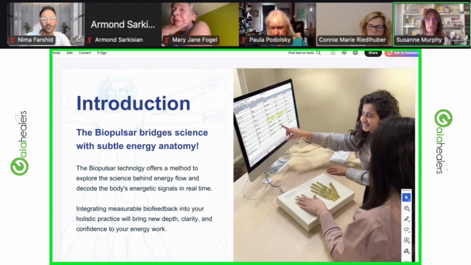Now, I put some verbiage here because I want people to understand how I see the technology. The biopulsar bridges the science with the subtle energy anatomy of both the chakra flow as well as the organs, the health, and the auric field. With this technology, we can explore the science behind the energy flow and decode the body's energetic signals in real time. Integrating measurable biofeedback into your holistic practice will not only bring new depth and clarity, but it will bring confidence to your work. And it will also bring client confidence, because this is one of the things that I have seen